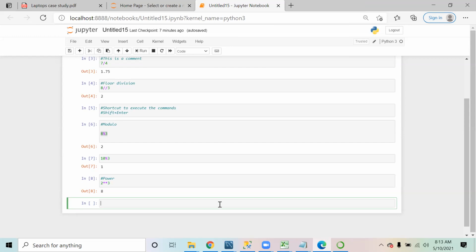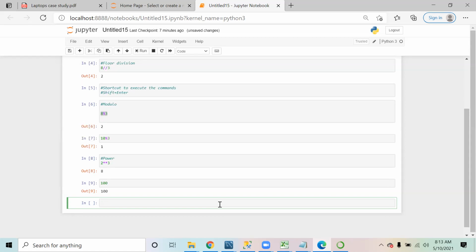Now if Python is storing all the data in the RAM, how will you store it in Python itself? Suppose I want to store this number 100 and use it later on. How will I use it? That is where we use the concept of variables.